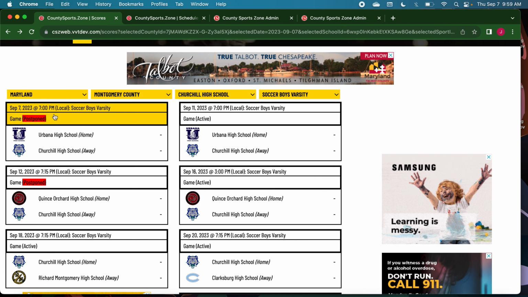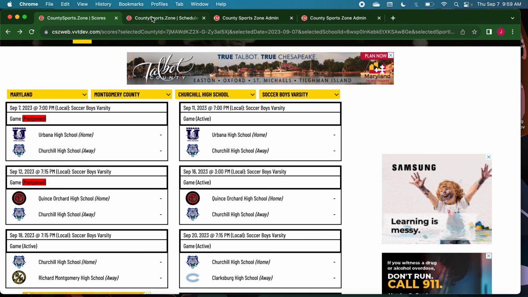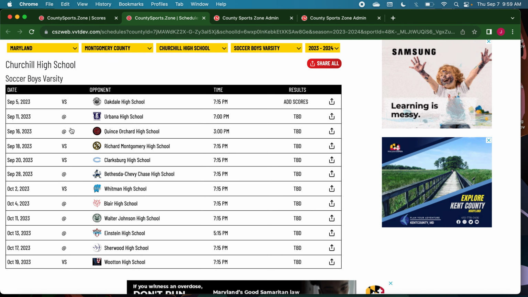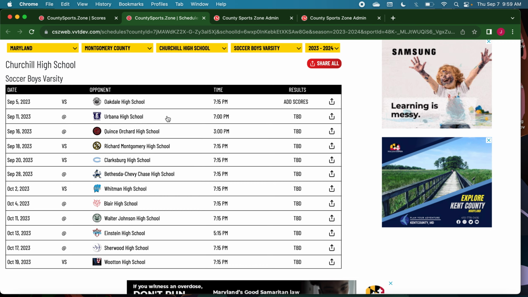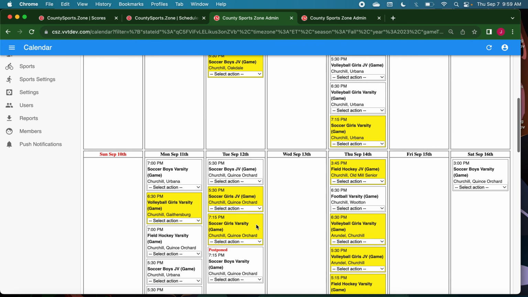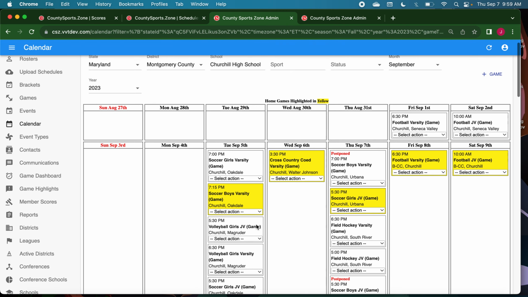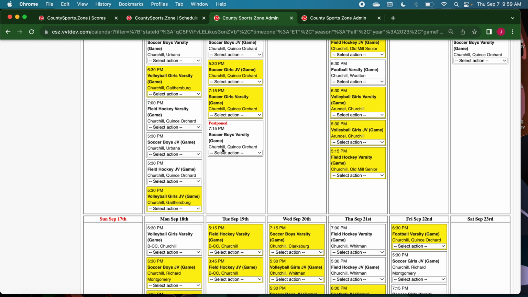On the scores tab, you will always see the originally postponed game. That does display. On the schedules tab, you will only see actual games that are active for this team's schedule. On the calendar will not show you draft events to keep it cleaner. But it will show you this postponed game,